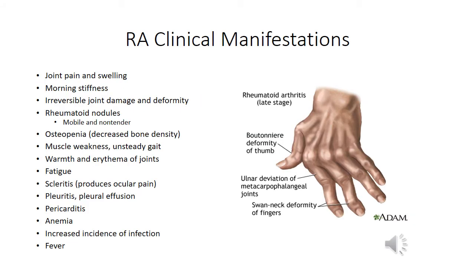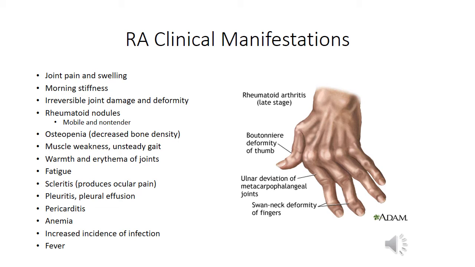Clinical manifestations of rheumatoid arthritis include joint pain and swelling, stiffness in the morning, irreversible joint damage and deformity, rheumatoid nodules that are mobile and non-tender, osteopenia, which is decreased bone density, muscle weakness and unsteady gait, warmth and erythema of joints, fatigue, scleritis, which produces